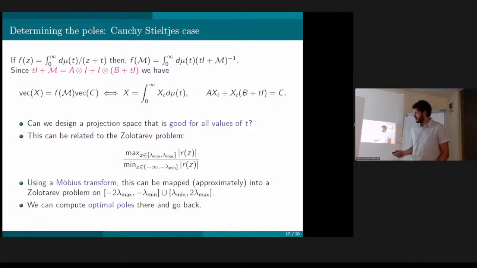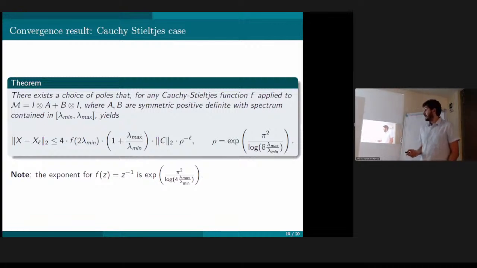You just slightly change what the two sets are here. Again, you can symmetrize it and take the solution by Zolotarev. And you can prove an analogous statement, where you have a similar exponent, and your constant deteriorates slightly. You have an additional condition number in the constant. But basically, you have a decay rate that is kind of optimal, because if you compare it with the case of Sylvester equation, you just have a factor 8 here in place of a factor 4. And we know that in the case of matrix equations, this is optimal.